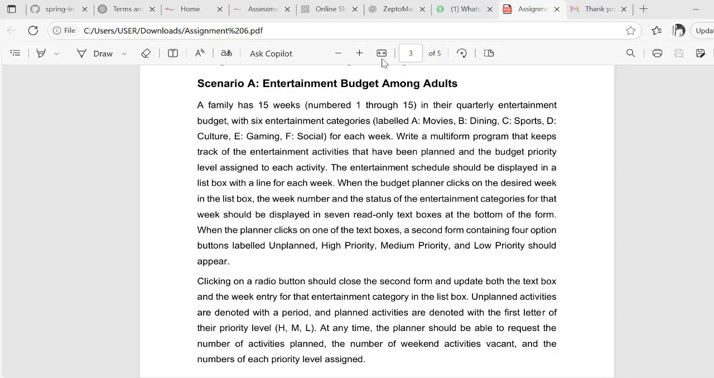So hi everyone. Quickly, we want to look at the question for assignment 6. So I have the question here. It goes thus: a family has 15 weeks numbered 1 through 15 in their quarterly entertainment budget with 6 entertainment